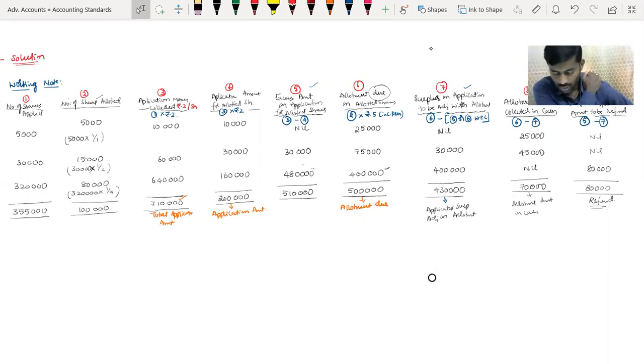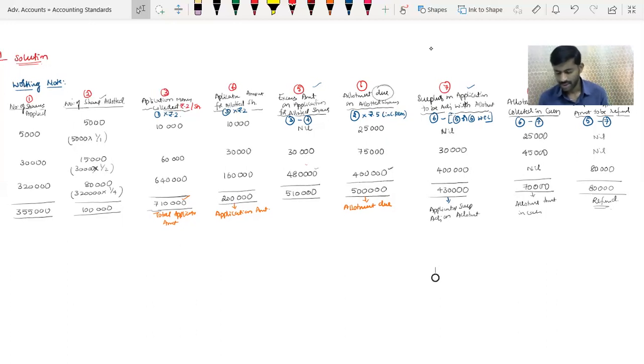So therefore, don't go with a format-based presentation. Just open the columns that you require for the problem. So fix it in your mind. You keep on opening the columns so that you will reach the answer. Based on these columns only, we are going to pass the journal entries.